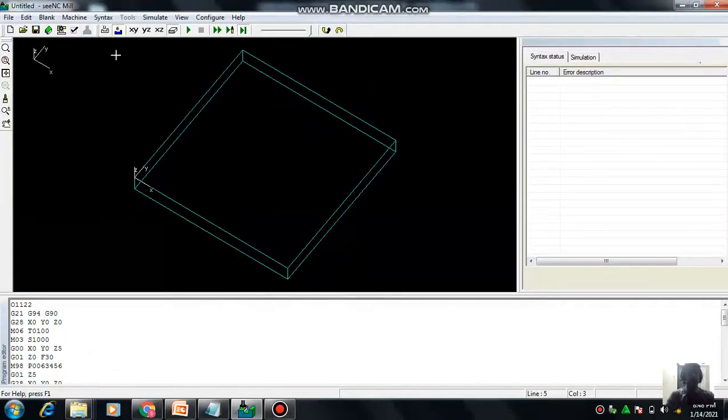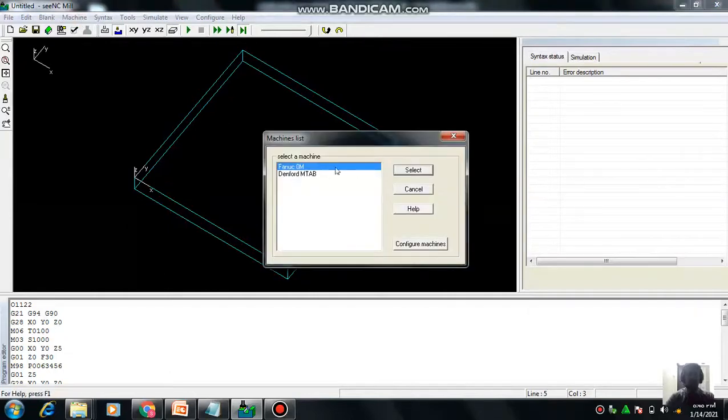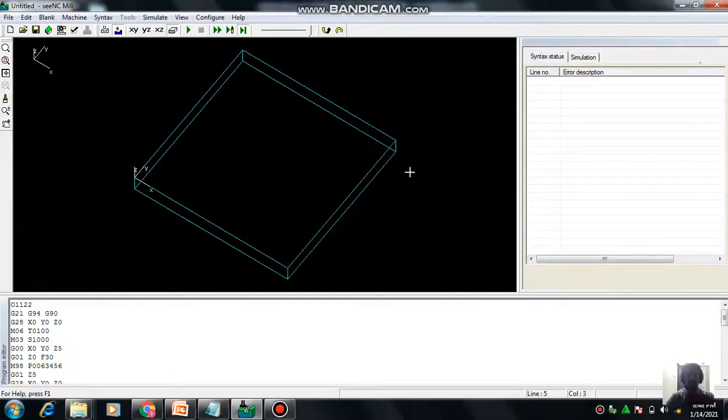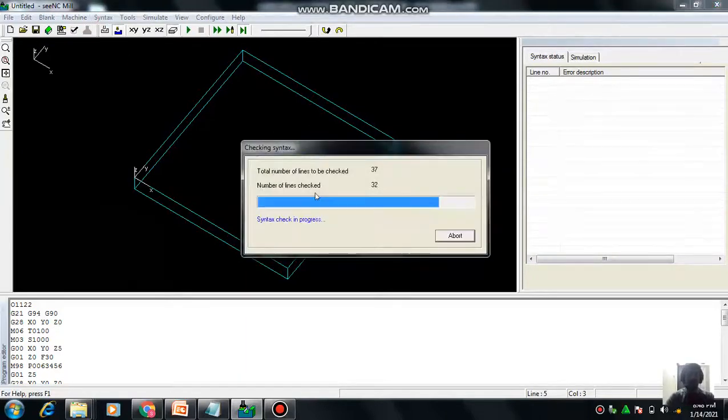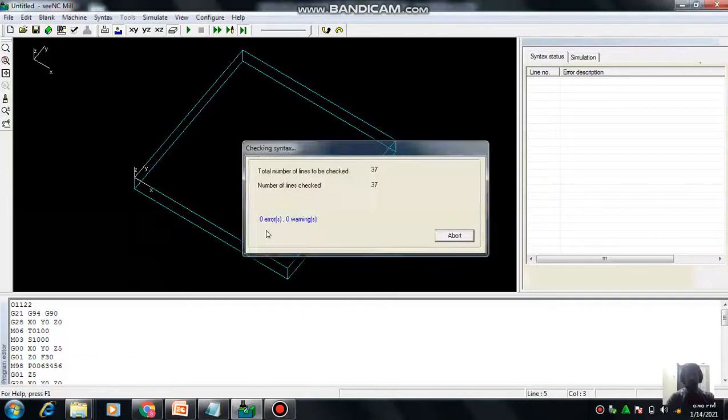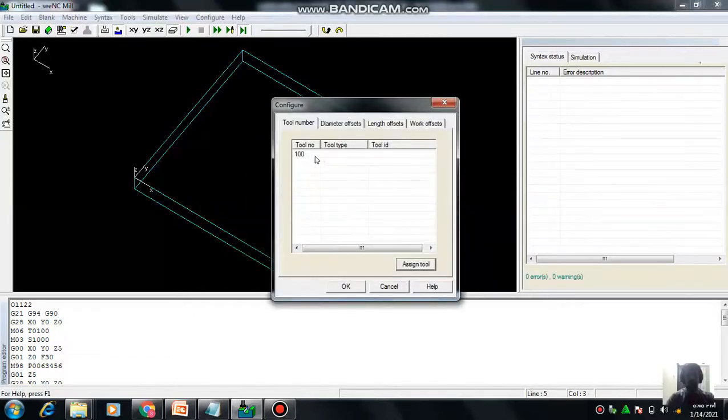So now what we have to do is check whether the program syntax we have written is correct or not, and the machine selection, just FANUC OEM, whatever it comes here, we can select this FANUC OEM, and I am going to check the syntax. So now you can see there is 0% error. And the tool number, why I have used tool number 00, correct.